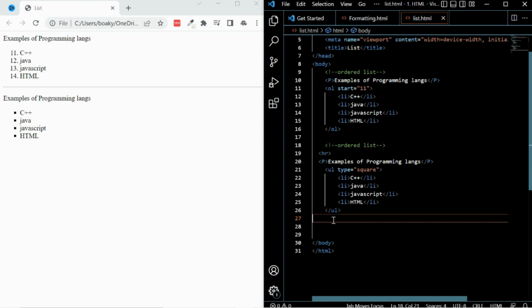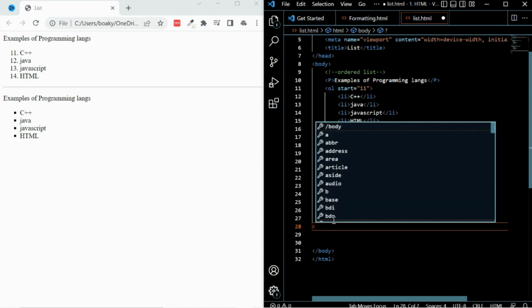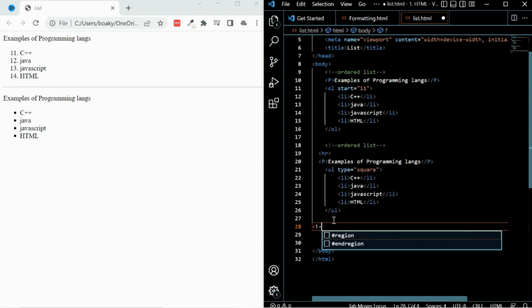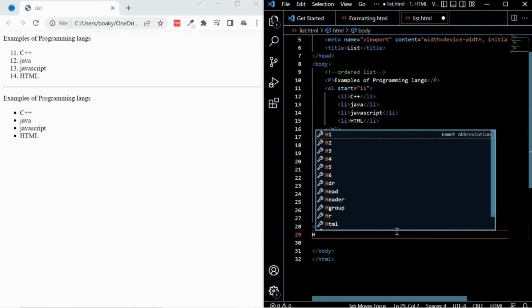All right. Let's move on to the next one, which is another one. So we're talking about description. Description list. Okay. Now, for example, if I have something like